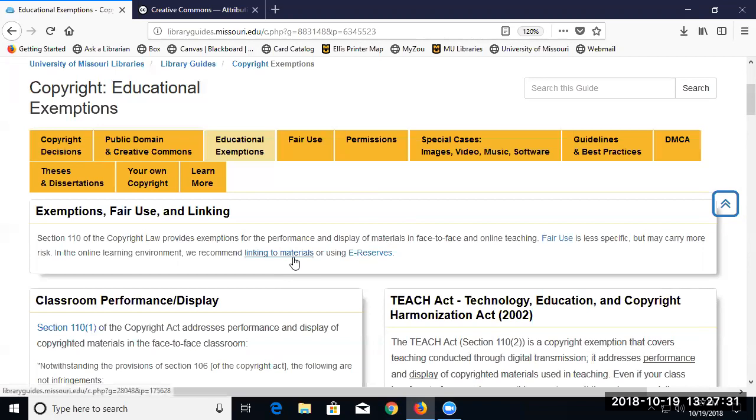It's also good for the libraries because we capture usage statistics on this. We don't look at who's using what, but we've got tight budget times. We have to make budget decisions. We do that sometimes based on cost per use. So if you download something and repost it, we see one use, we see one download. We don't see that lots of students are using that. If you link to it, the systems collect all that data and we can see, oh yeah, that gets used wildly. That's something we really need to have. So that comes into our financial considerations.